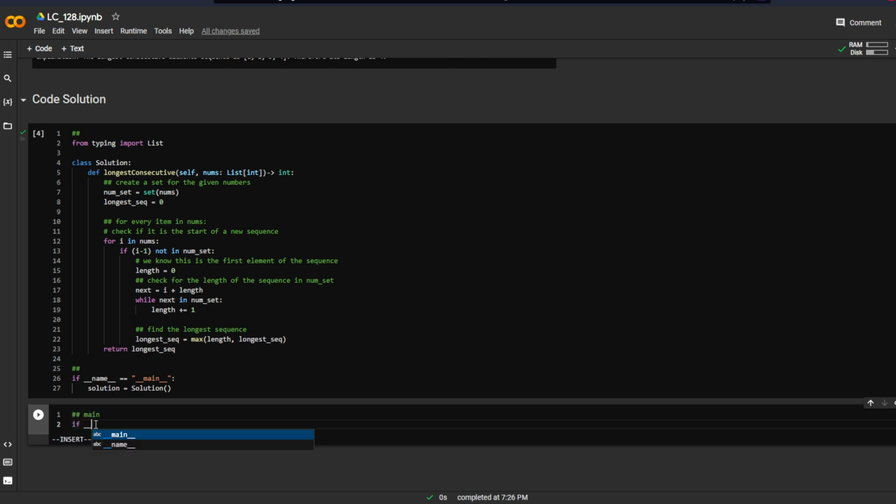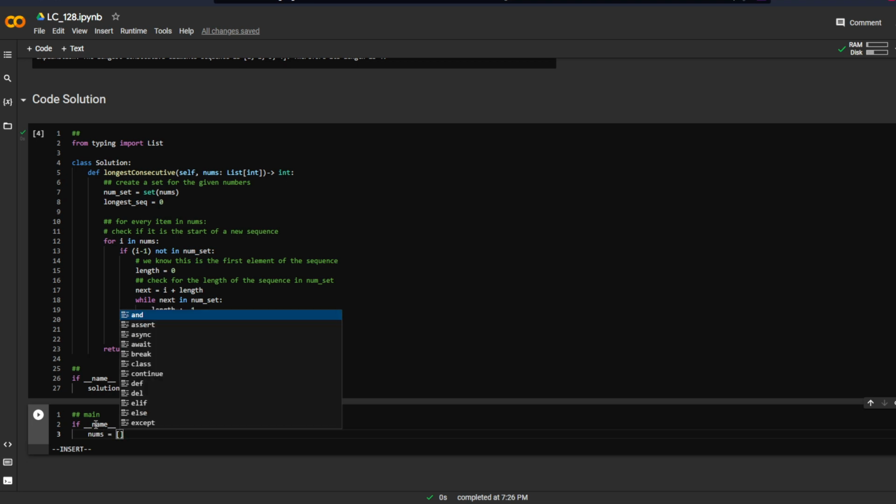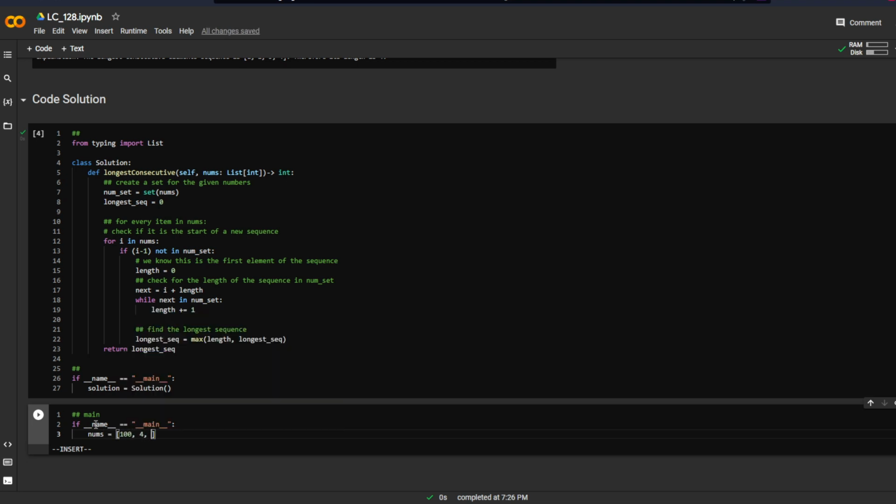So if __name__ equals "__main__", then what we're going to do is nums. So let's first check the given problem or the given example. So 100 4 200 1 3 2,